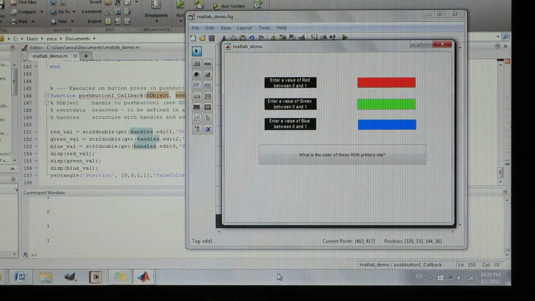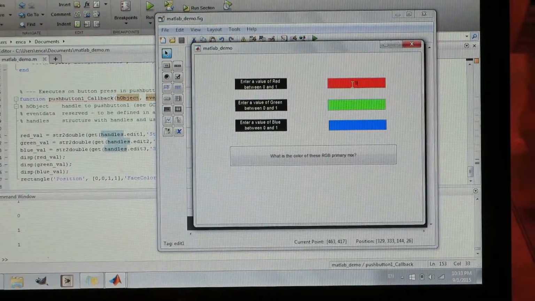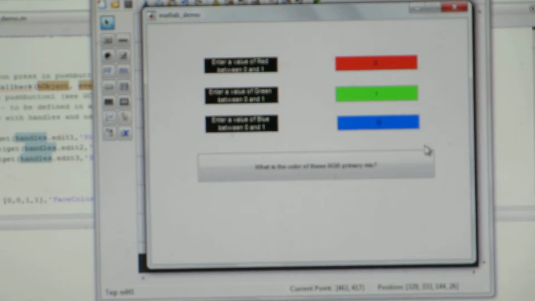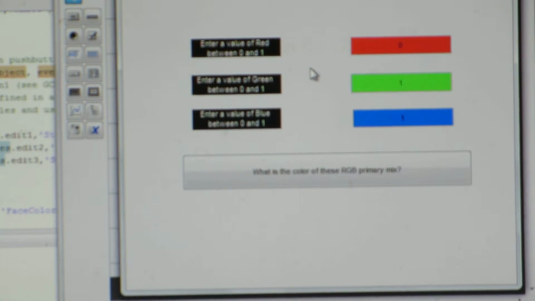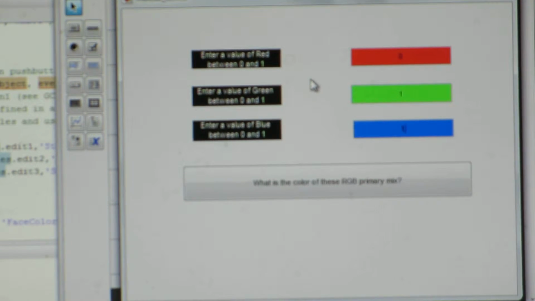So one example would be to enter 0 for the intensity of the red primary color in the final produced color, 1 for the intensity of green, and 1 for the intensity of blue. All values that are entered have to be within the range of 0 and 1 because the value determines the intensity of the RGB components in the final color, and the intensity can't be more than 1, which is